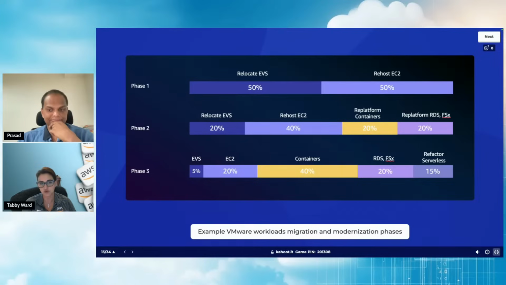And as you can see towards phase 3, and it might be a phase 4 and 5 in certain cases, you're more into containers, managed services, and serverless and cloud native, and you only have like 5% remaining in EVS. The goal is to come off of VMware and just be compatible and running on the cloud, which is cost effective, and it helps with operational efficiencies.